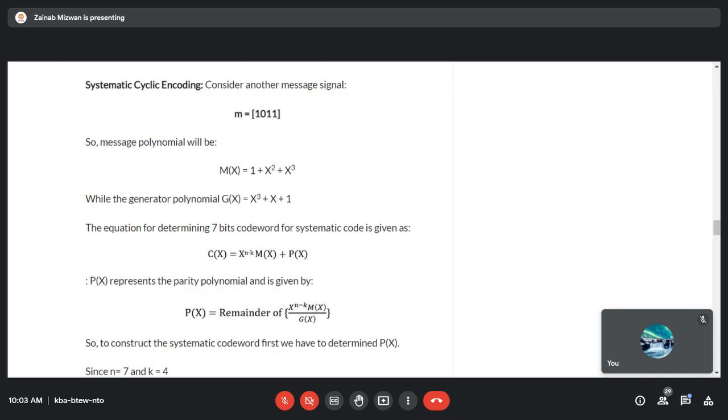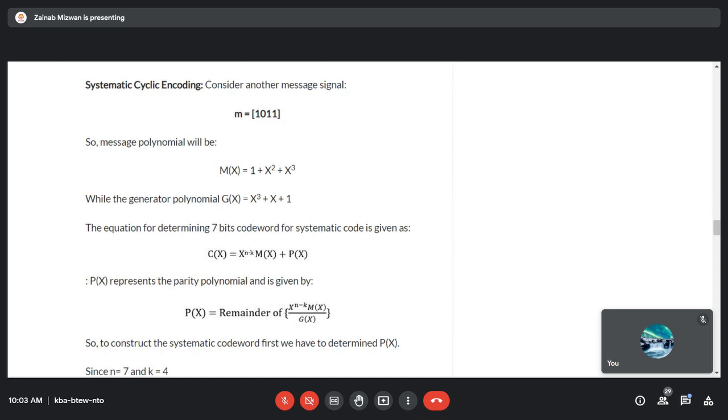Okay, now just write down the encoding procedure. Give the heading or the title: encoding procedure for systematic cyclic codes. Write down encoding procedure for systematic cyclic code. So I'm just dictating you the first value. Write down